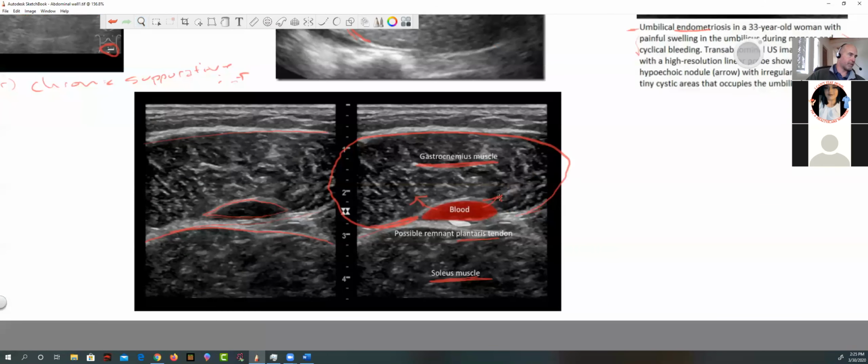So what I was first thinking when I saw this image over here is that this was a different process. It looks like this person has actually destroyed their plantaris tendon. But what I was thinking it could be is, let's say we had fluid in the middle here, or sometimes towards the end of the muscle, towards the attachment zone. I've seen this on a few young men who work out too hard trying to get big. And in that case, when the muscle breaks down from overwork, that was called